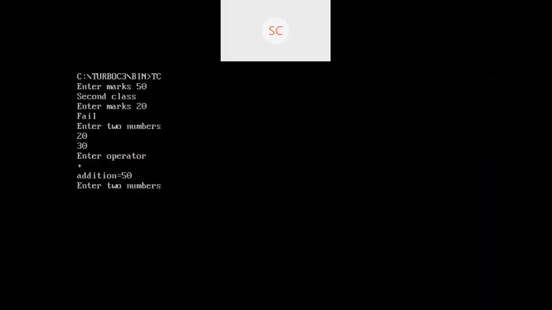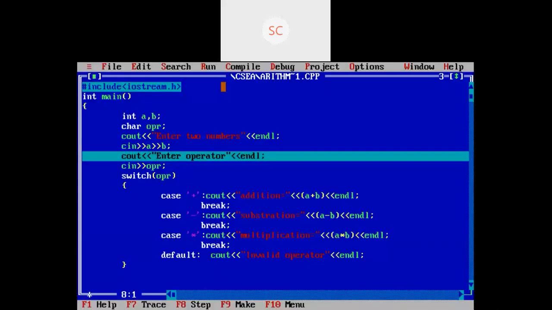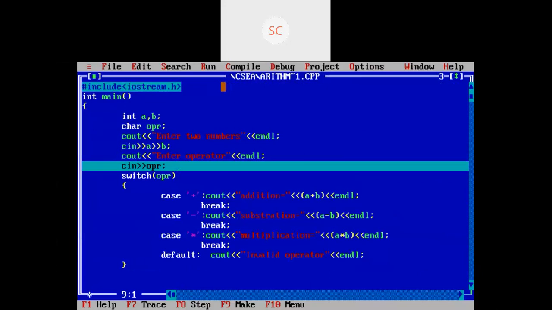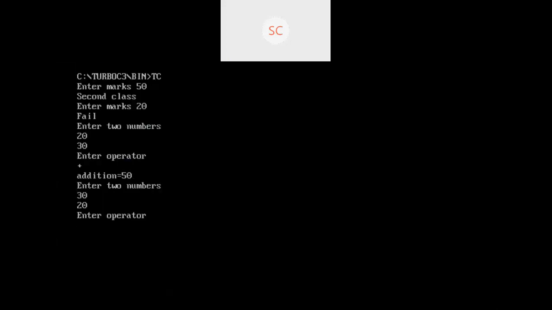I'm going to enter 30 as one number and 20 as one more number. Then the cursor moves to enter operator. Here you need to enter an operator as well. Just enter one operator. Here I'm going to use star.